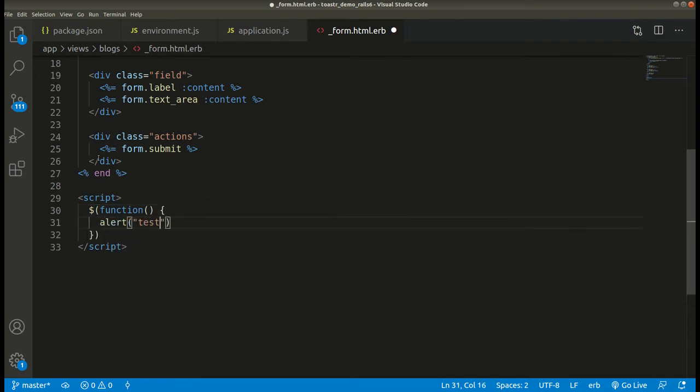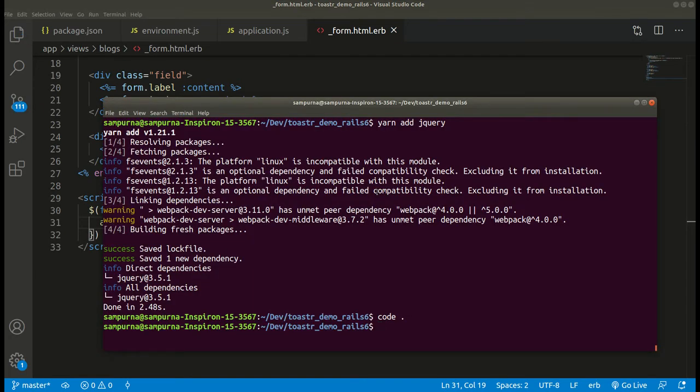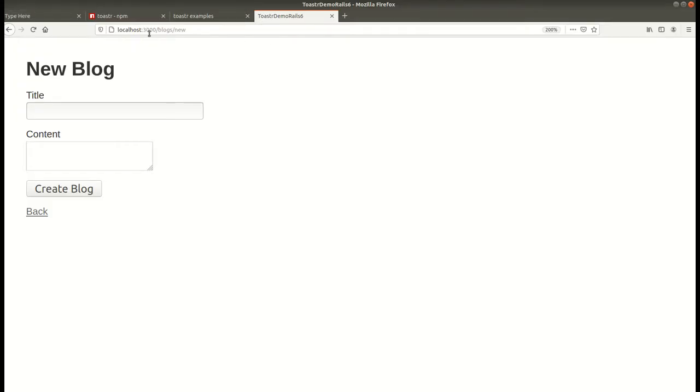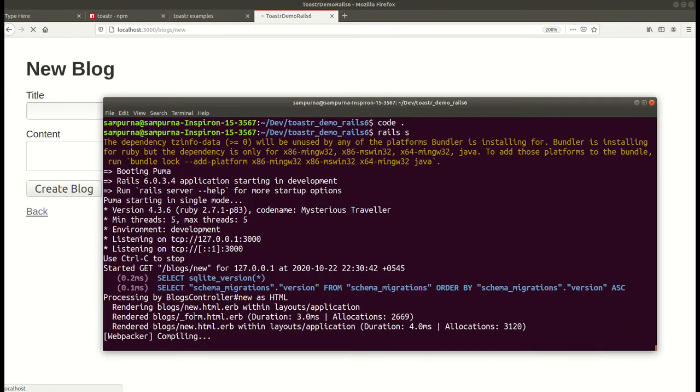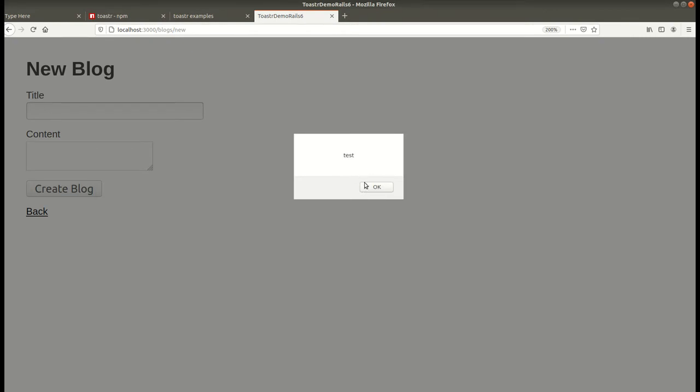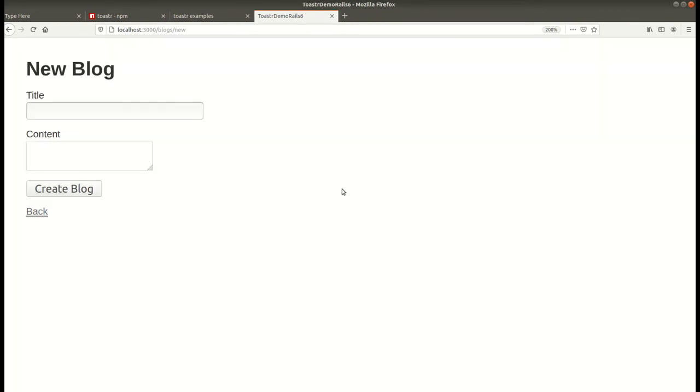So if jQuery has been installed properly, then we should see one alert in our form, which is this page. Refresh it. So it's taking time because Webpacker is compiling. So here you can see alert is appearing here. So our jQuery is working perfectly.